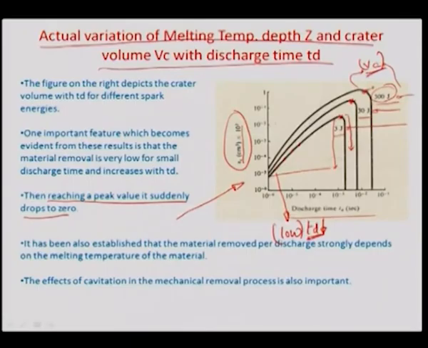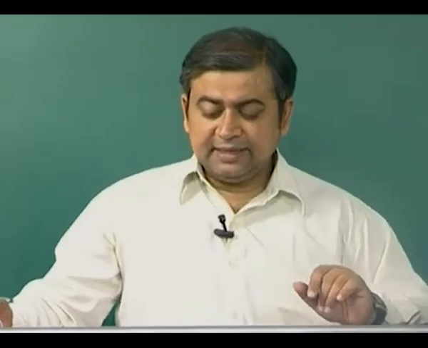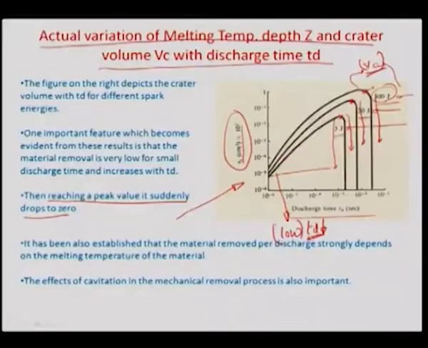So, this area is really a sudden drop in the Vc, for obvious reasons: once the material is formulated as a liquid pool, there is a tendency of washing away of the flux, and there is a sudden deformulation of the spark. Now, as the melt has reached and the material has melted, the potential gradient available, dV by dx, the electric field, is lower than the breakdown field. So, the spark has disappeared, and whatever volume was initially formulated is typically the volume which remains, and this thing goes away. So, therefore, this is actually indicative of the point where